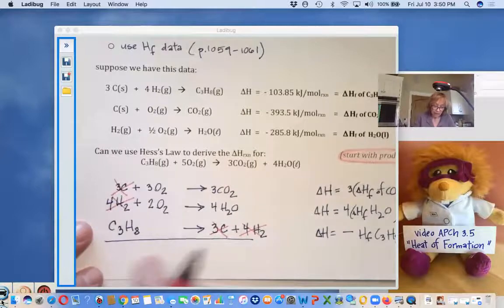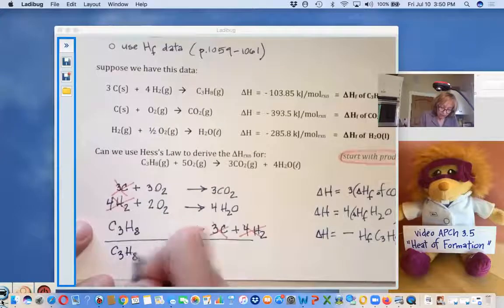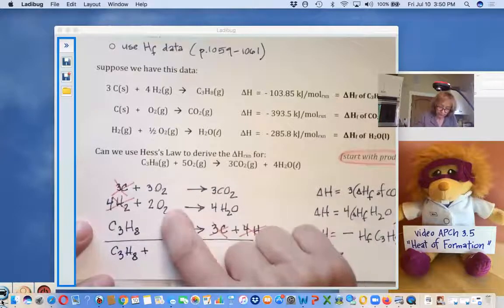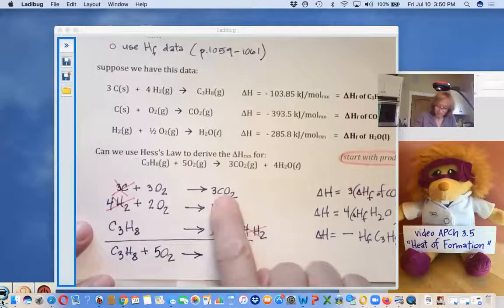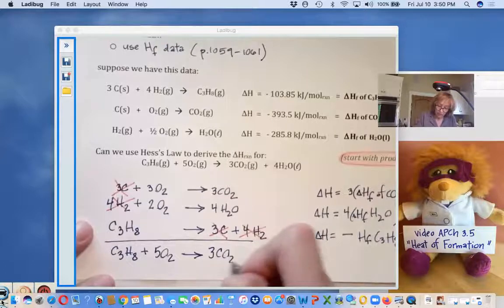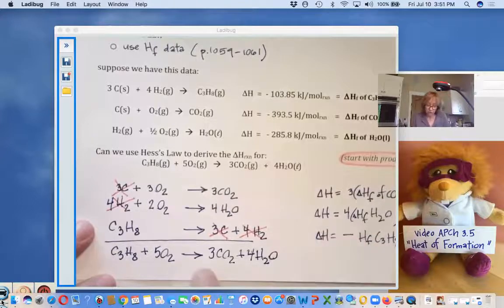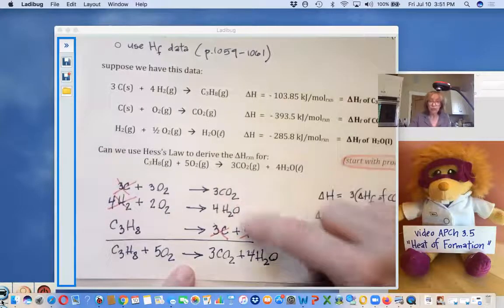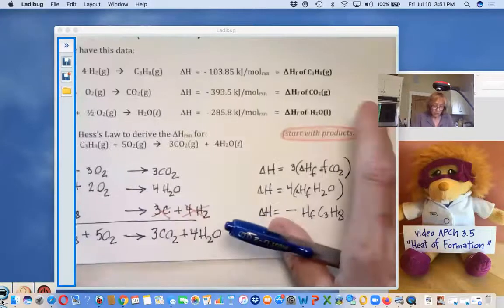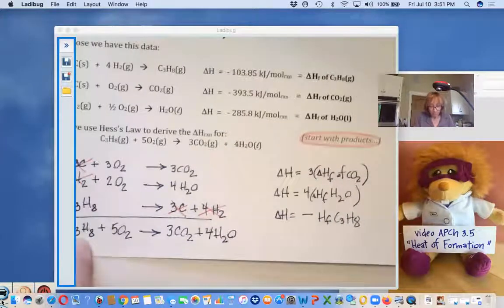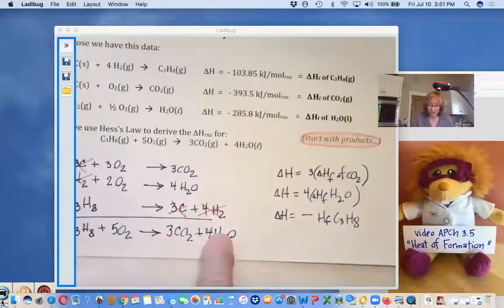And what I'm left with on the reactant side is C3H8 plus 5 O2s to produce 3 CO2 and 4 H2O. And sure enough, the sum of these 3 pieces is my target equation. So the enthalpy of formation, the enthalpy of reaction, the delta H for this guy, is going to be the